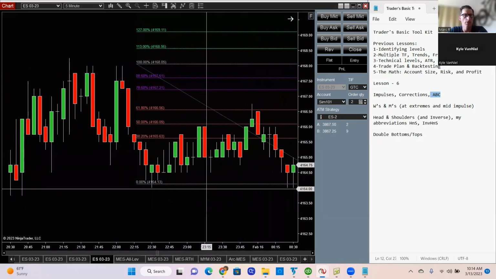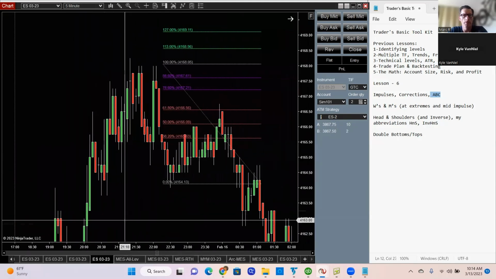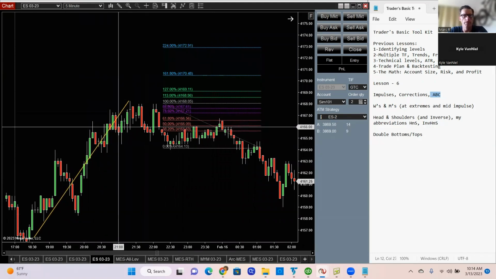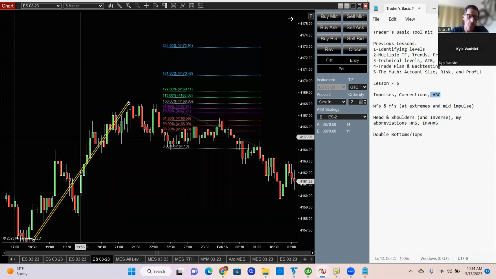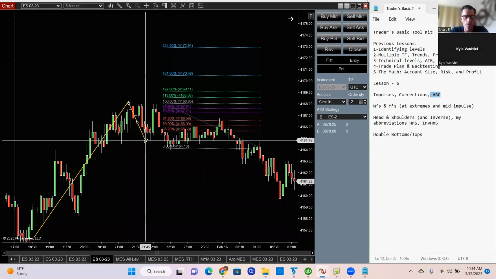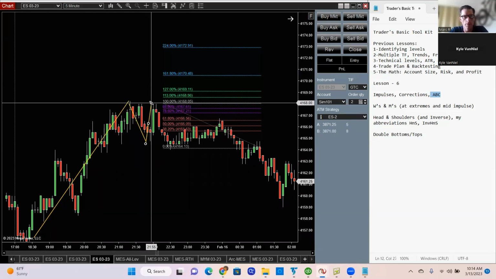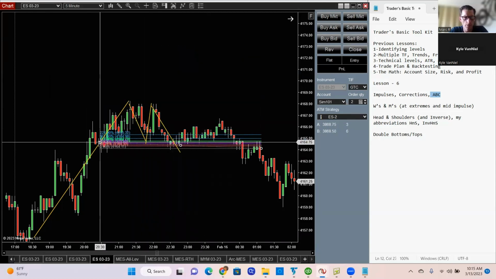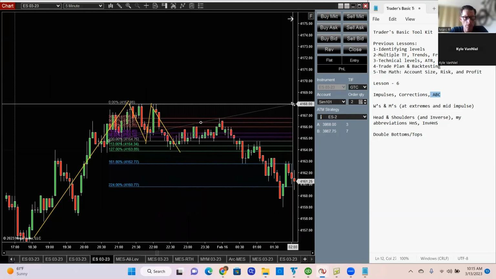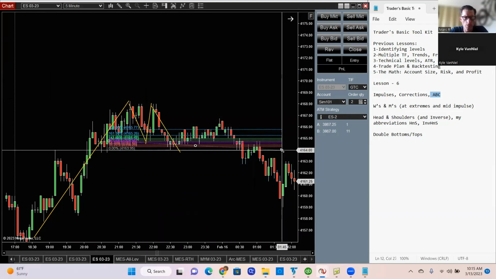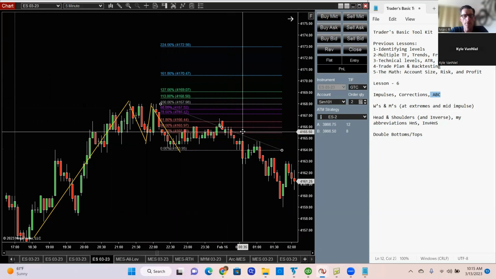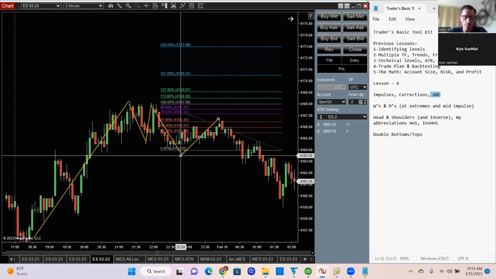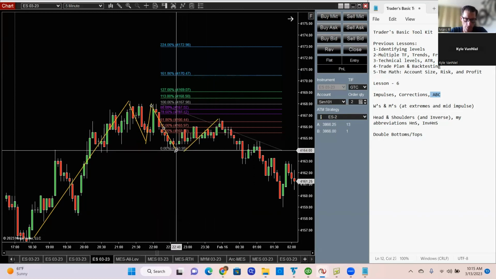Okay, so this is a big move up. So this is a reversal pattern that measures out, right? Here's a big move up. Price comes down, price comes up. Price comes down. Comes up one more time. Click there. Okay. So when I'm referring to a double top, this is the only pattern